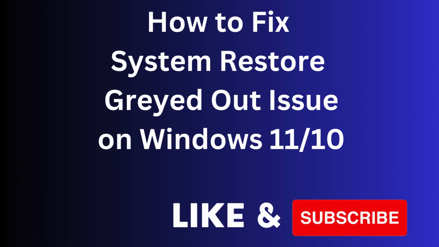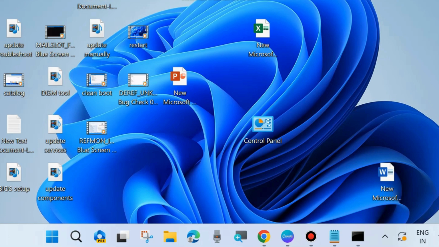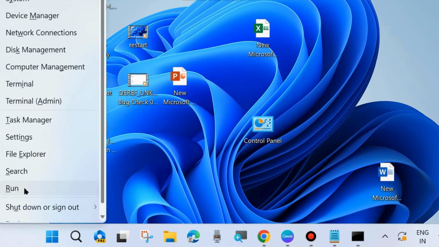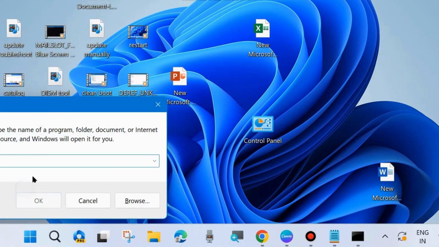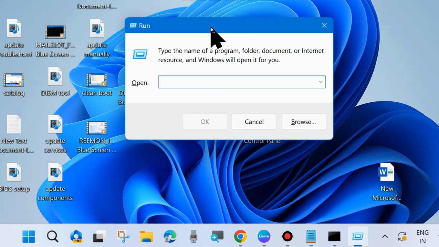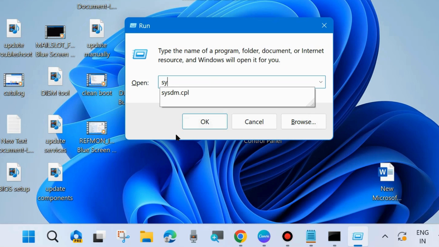Hello guys, how to fix system restore grayed out issue on Windows 11 and Windows 10. If you are also facing such type of issue, your system restore is grayed out or disabled, then here are the fixes. First, launch run command box by pressing Win plus R shortcut key and here type